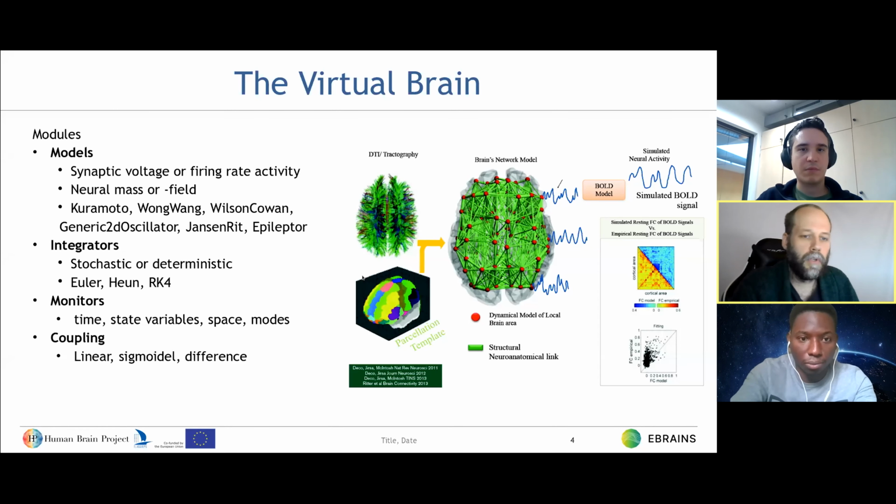You have to define monitors. A monitor is a variable that you find interesting, that you want to observe of the simulation. And then you have to define the coupling. This basically tells you something about the interaction of these local brain areas, and you can select linear coupling or difference coupling, for instance. When you press play, then for instance, you can produce a BOLD model,